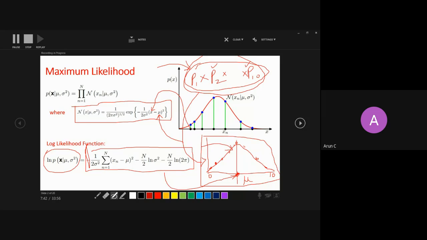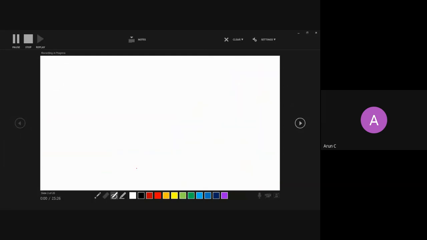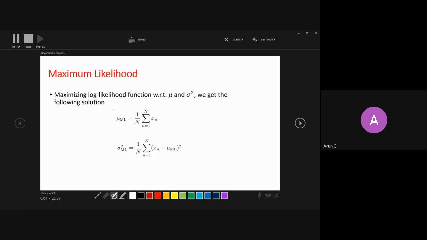Analytically, you just write this function in terms of mu, and then take the differentiation with respect to mu. When you do that, you directly get this value. So if you maximize the log likelihood function with respect to mu, it is nothing but the sample mean. If you maximize with respect to variance, it is nothing